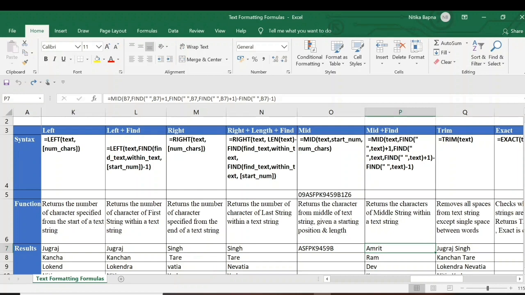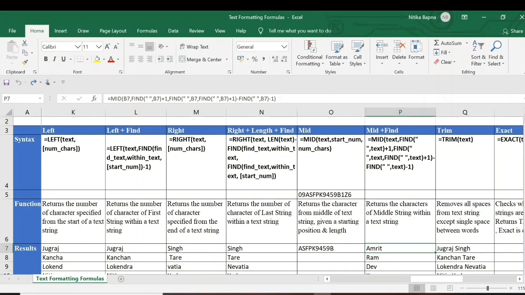So MID will be going to the second value. Adding a 1 is here because I'll get the first letter of the second word. Then here again I have used a nested FIND, because I'll be subtracting the second from the first one.